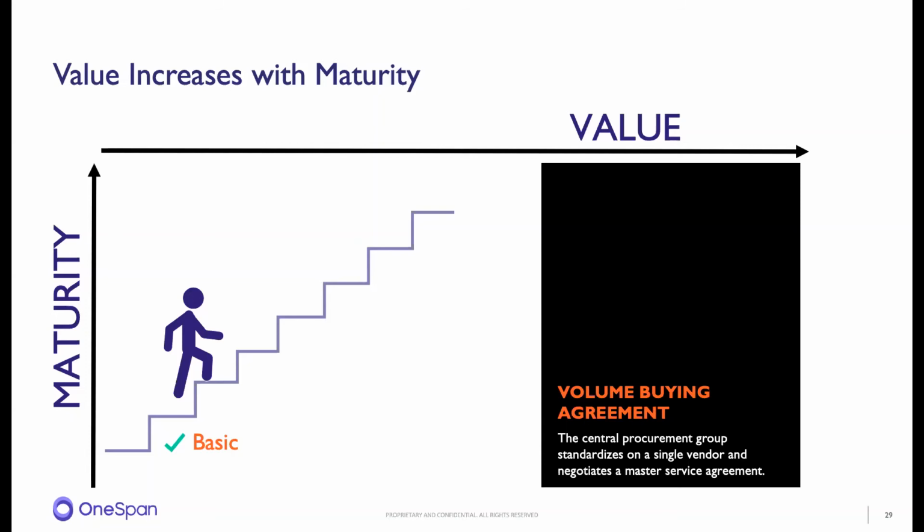But what they did is they had a use case in a records and repository division at the state level, and they said, okay, we've got a need for eSignatures. We're going to find a vendor which can support us, and while we do this, we're going to select the vendor and then negotiate an agreement on behalf of the state itself, and make it available for any other department to use this service. So it starts with a single use case, right? But with the view that we're going to have many different lines of business use this, so we want to create some kind of a volume purchase agreement,